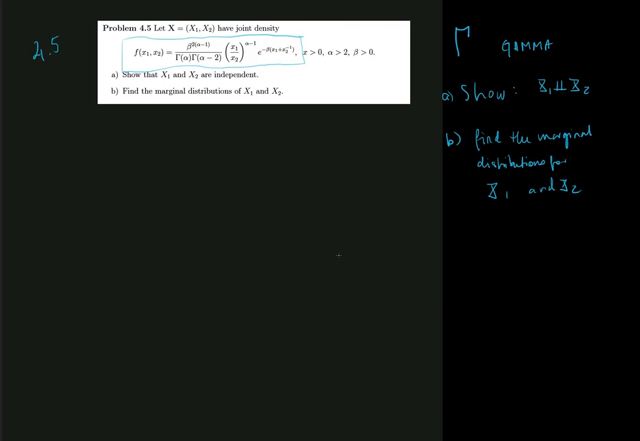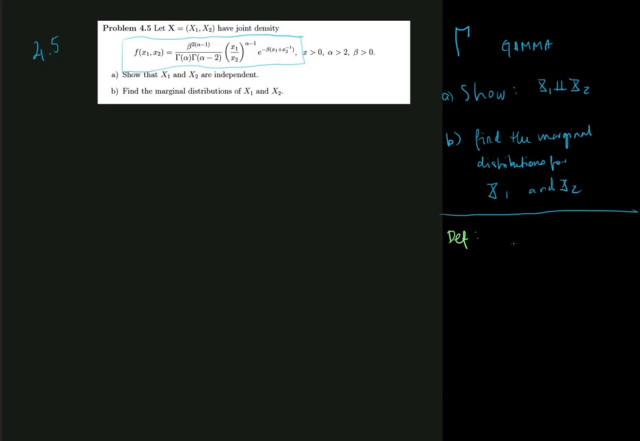And what we see here is quite clearly there is some gamma going on. So we're guessing that some gamma will be involved here. Okay. So we're asked to show in A that x1 and x2 are independent. Now, how do we do that? We can do it in a number of ways. So by definition,